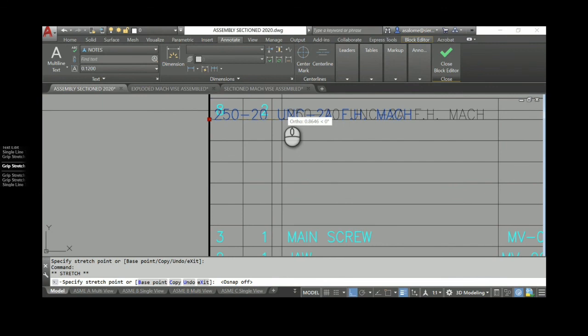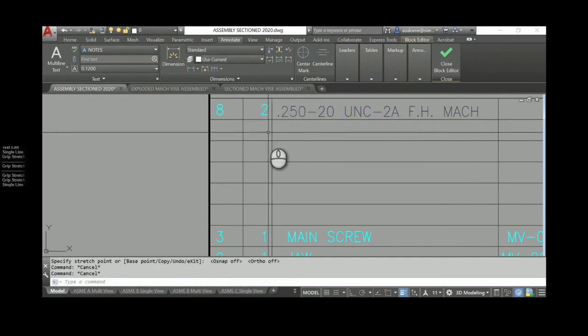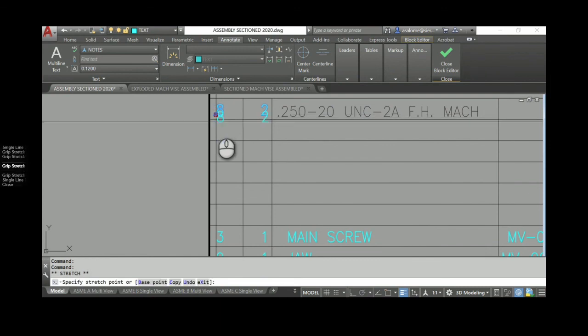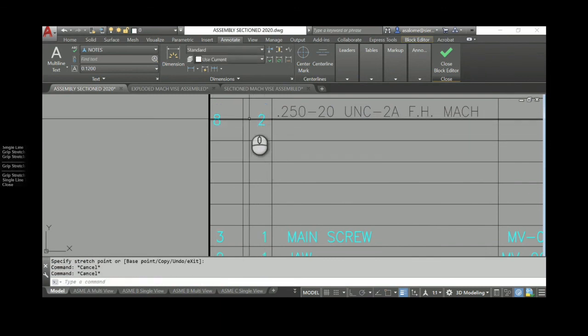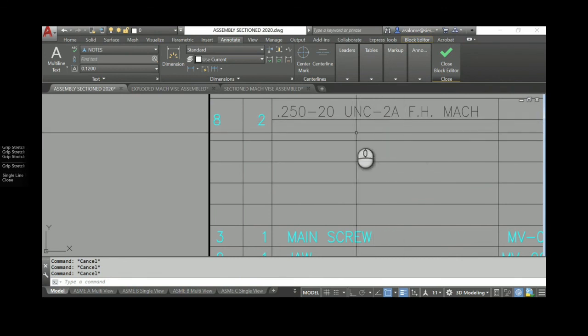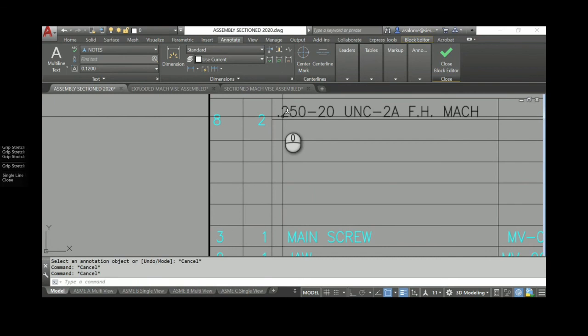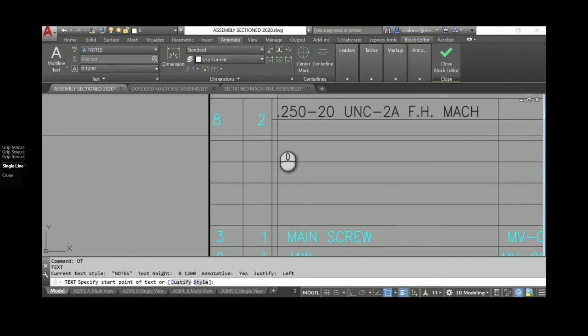Snap off, ortho off, all off. Okay. What's going to happen here is this data is going to come down to here, this line is going to come to here, and we're going to continue this on a second line. MACH SCR for screw.